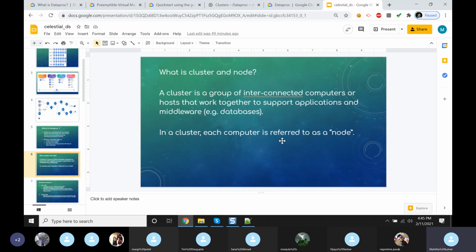Similarly for the cluster, each cluster has some nodes, right? So we can ask all nodes to get the same job done. So we have the capability to modify Dataproc according to the needs.